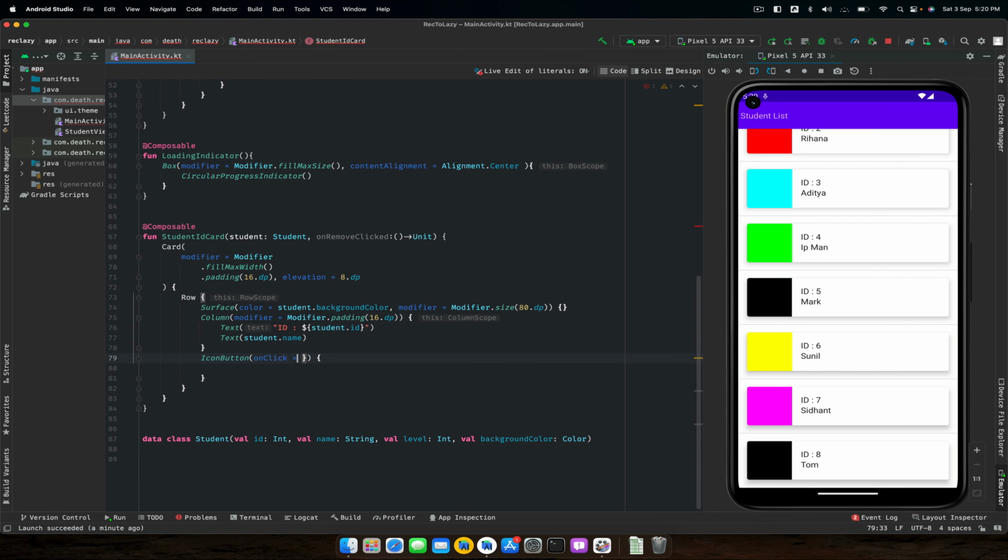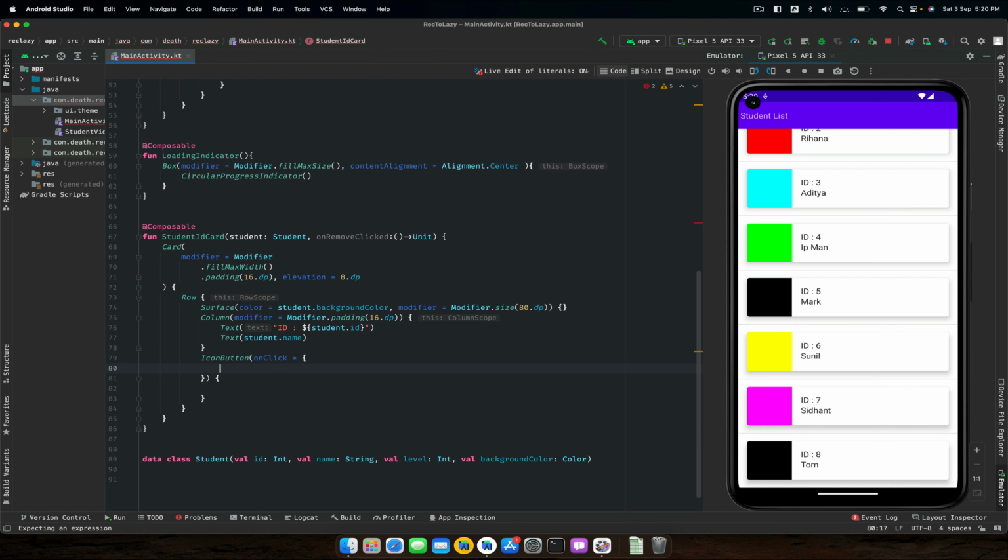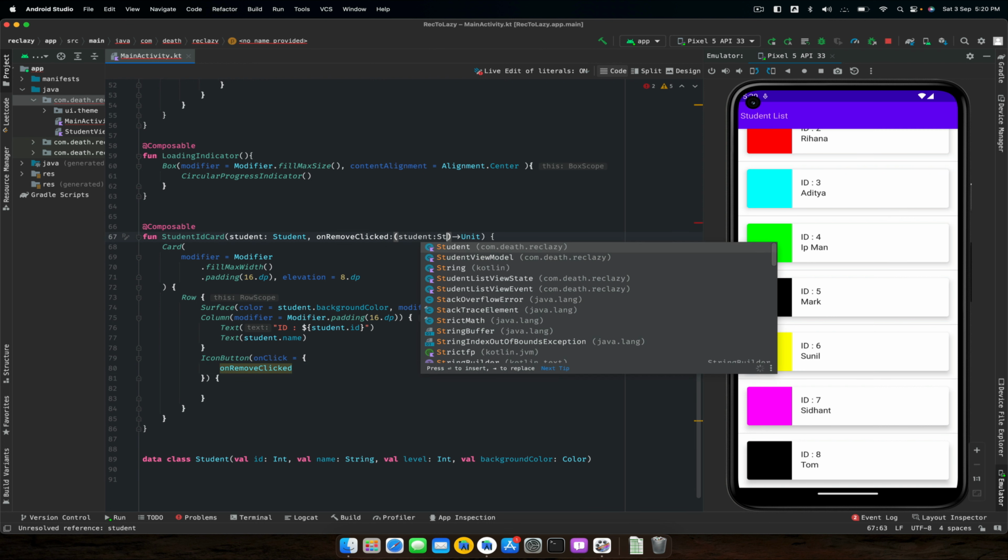So you can just call it on click, on remove clicked, and we also want to specify which student got removed. So we'll pass the student here,